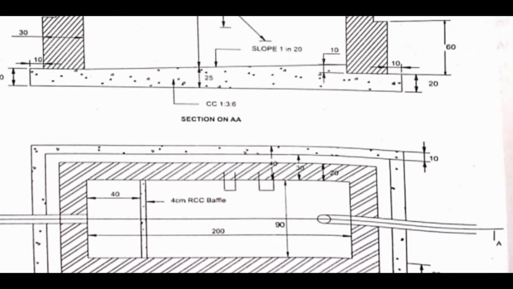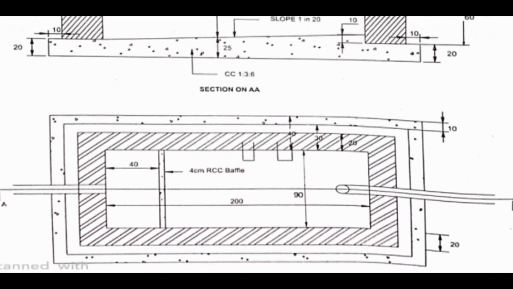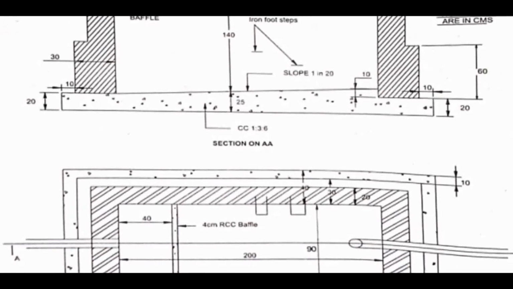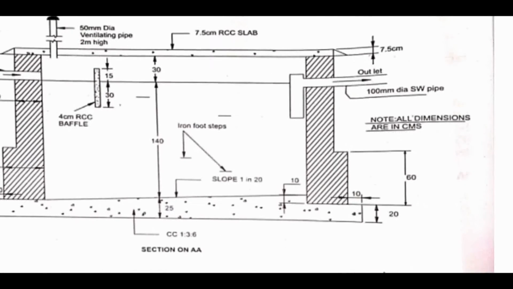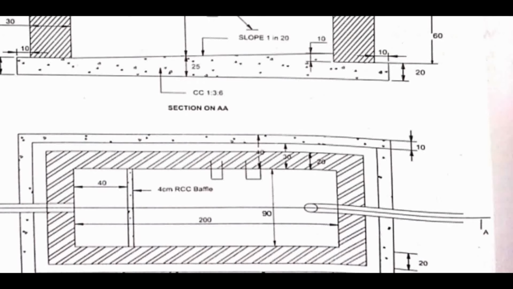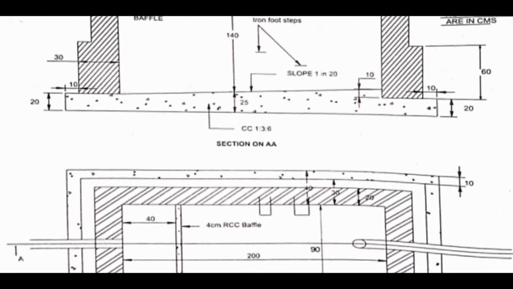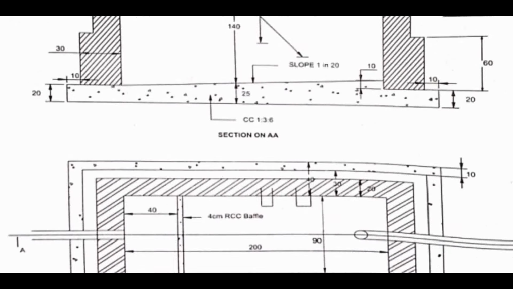So that portion we are going to take as a rectangle. So you can see here outer to outer dimension we have to take, right? So outer to outer is how much? 200 plus 40 plus 40, again 90 plus 40 plus 40, same as that of excavation. And depth we have to take, right? So depth is what? Here you can see in the foundation concrete they had given the depth as 20, right? 20 centimeter they had given, that depth we have to consider, right? And remaining portion is what? Here you can see the sloped portion, right? That sloped portion we have to consider. How much is the sloped portion?